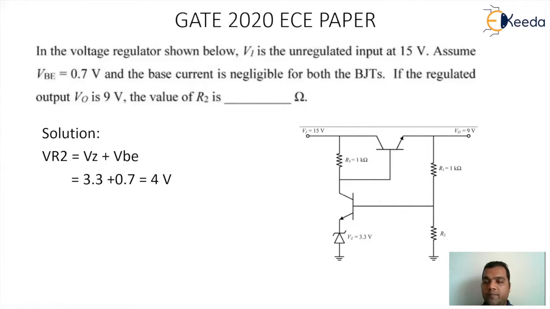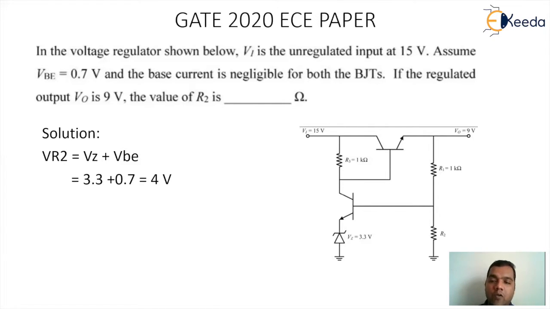So now we have the voltage across the R2 resistance. This is 4 volt. The top point is VO, which is 9 volt, and the drop across R2 is 4 volt. It is as good as a simple voltage divider where the drop across R2 is the supply voltage, that is VO, into R2 divided by R1 plus R2. So for the potential divider, the top node is at the VO value. So it will work like a supply voltage for R1 and R2. So the drop across R2 will be VO into R2 divided by R1 plus R2, and that drop is 4